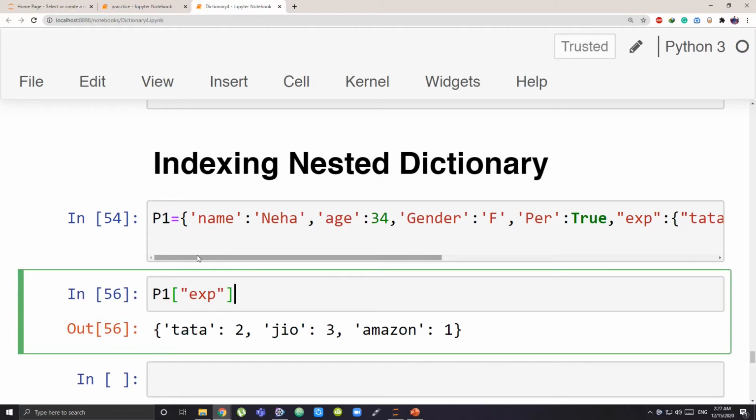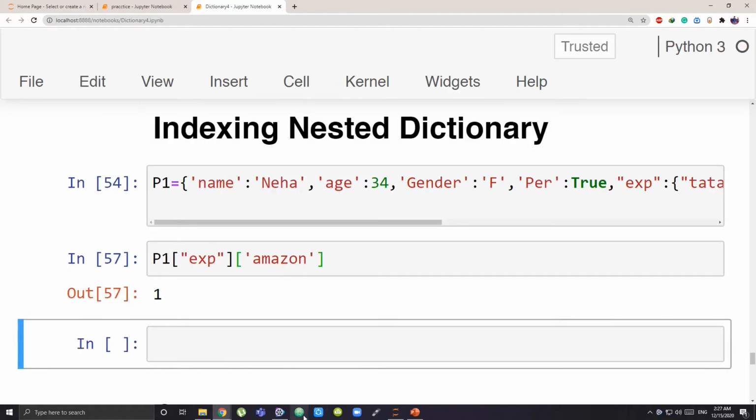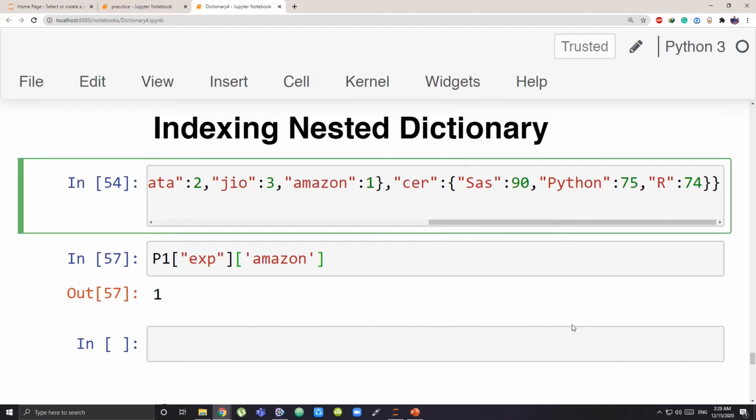Again extracting, that is why square bracket. Now which key do I want from this? I want Tata, I want Jio, or I want Amazon. So as simple as I want Amazon, that I know I want Amazon. Now when I enter, now you see the, so this one that we saw, that was a single